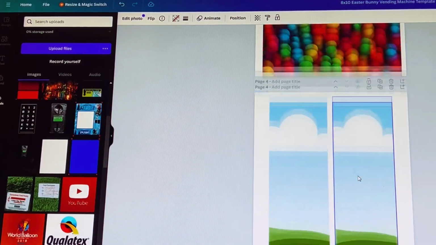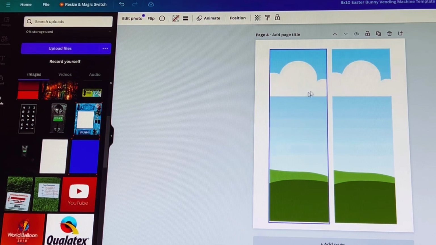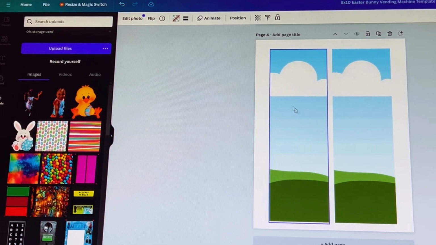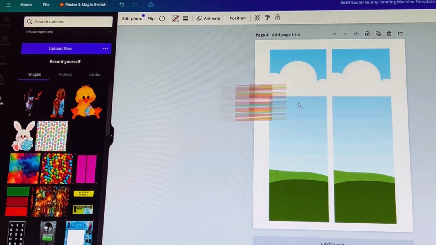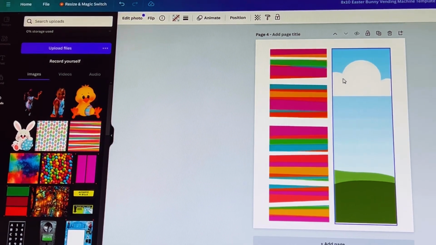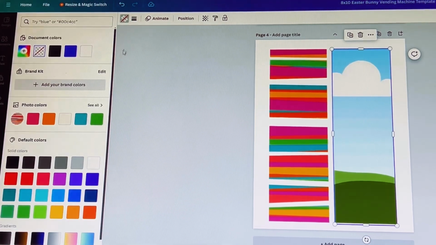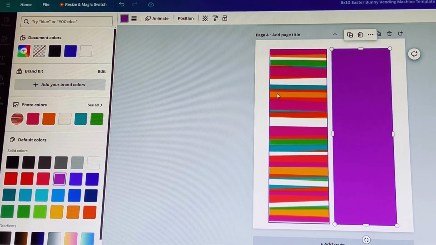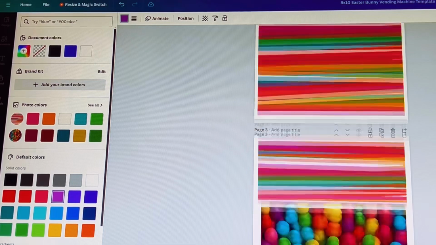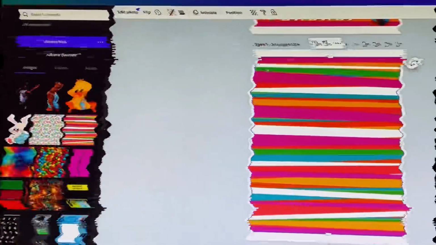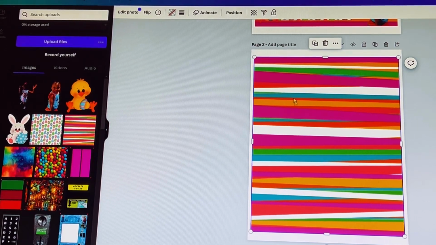All right, so let's go ahead and scroll down. These are your 2 side panels. And of course, the same thing. You can add an image or you can add a color. So it's totally up to you on how you would like to design your panels, your shelving, the back of the vending machine, the top. And so let me show you what happens if you do not lock your